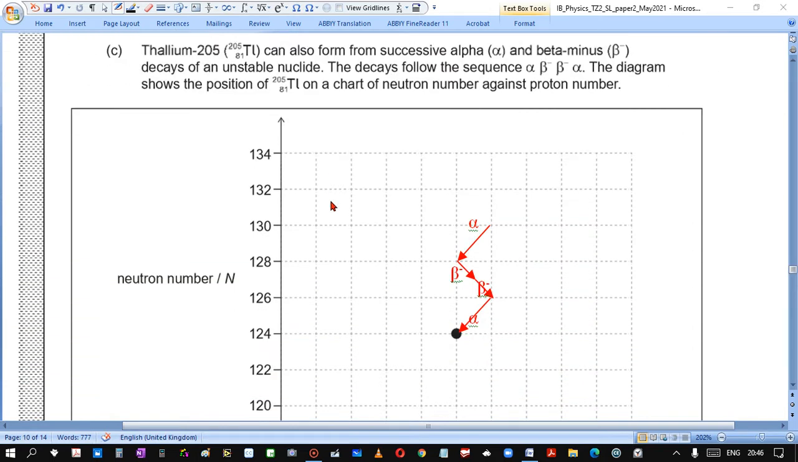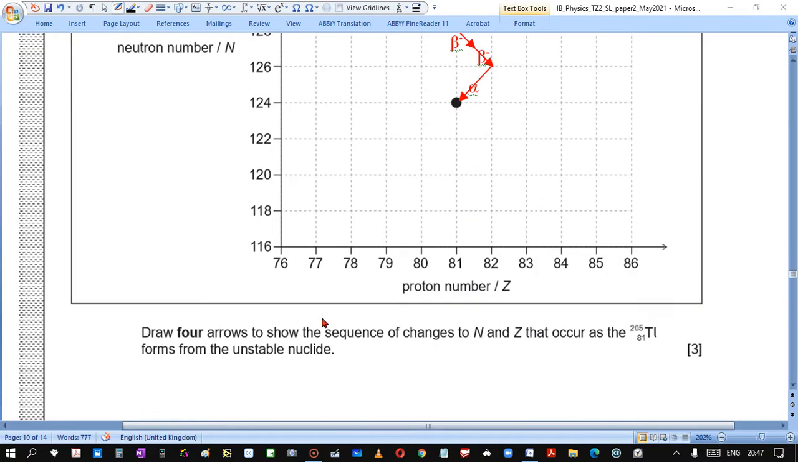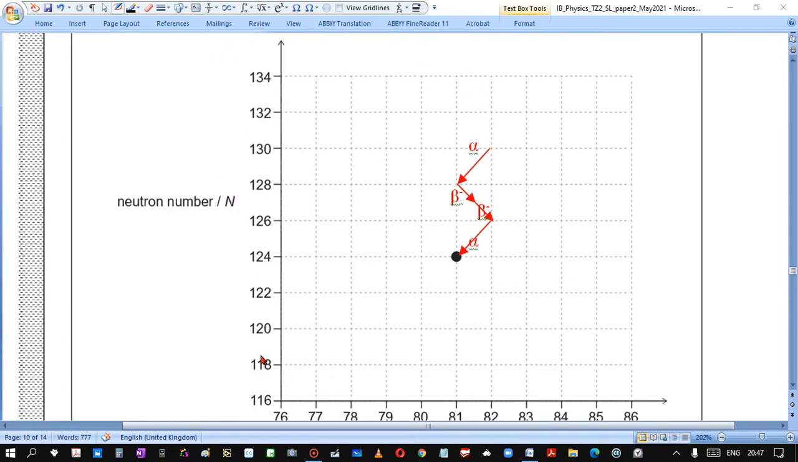Part C. Thallium-205 can also be formed from successive alpha and beta minus decays of unstable nuclides. The decays follow the sequence alpha, beta minus, beta minus, alpha. The diagram shows the position of thallium on a chart of neutron number against proton number. Draw 4 arrows to show the sequence of changes to N and Z that occur as the thallium is formed from the unstable nuclide, right? So